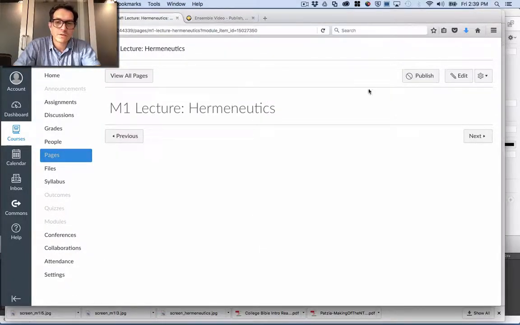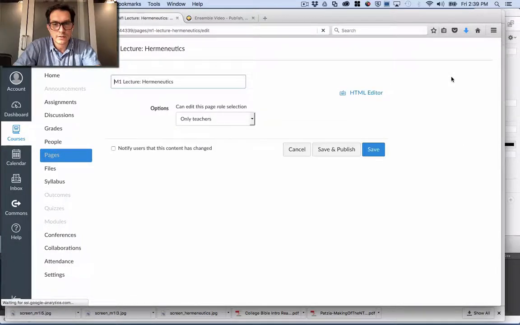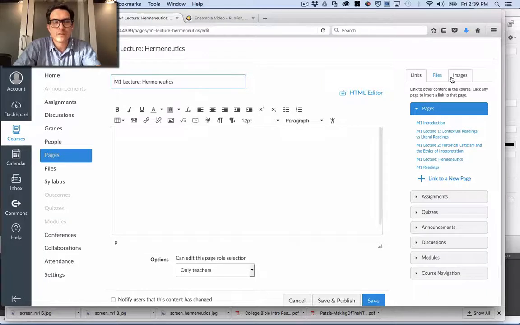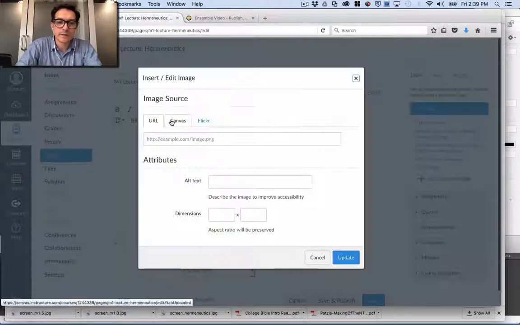Okay, so now we want to go ahead and link some lectures. These are lectures that exist outside of the LMS. Just to give a little bit of visual intrigue, I want to embed images and then link the images to the lectures. So to embed an image, click the Embed Image button,